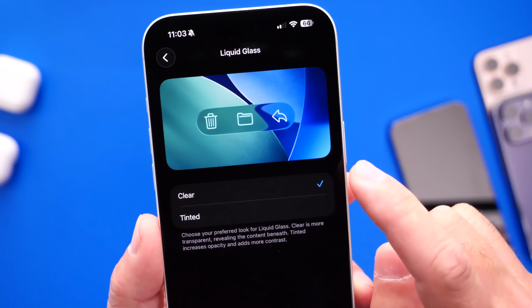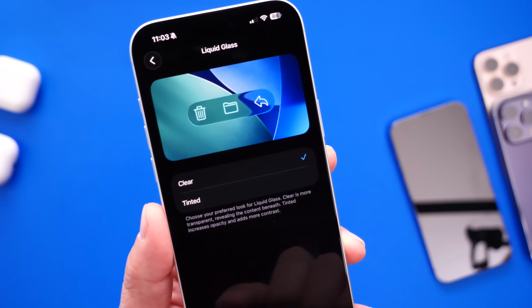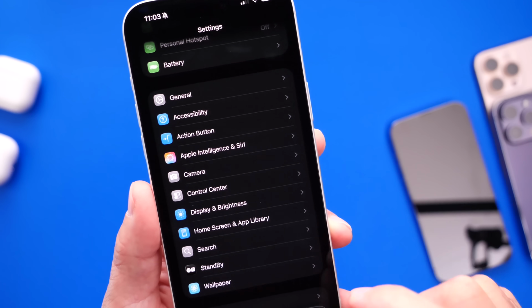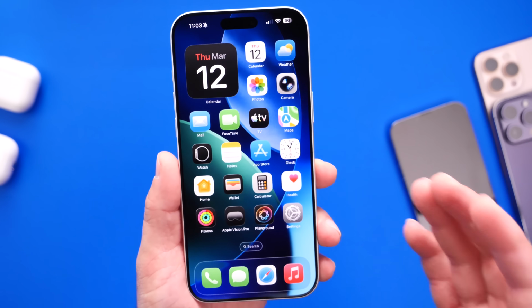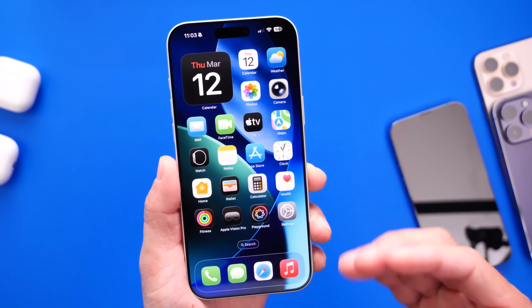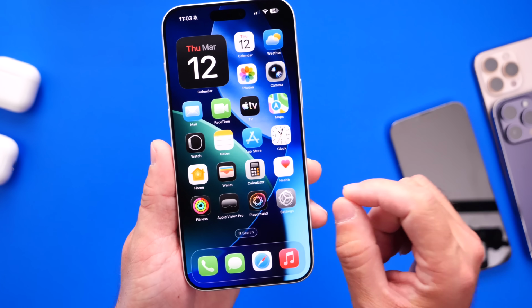You can choose whether they're clear or tinted, which again continues to build upon the progress of Apple slowly giving users more control and killing off that liquid glass for users that don't love it. Again, not criticizing, I think it's a great thing, but let me show you how iOS 26.4 continues to build